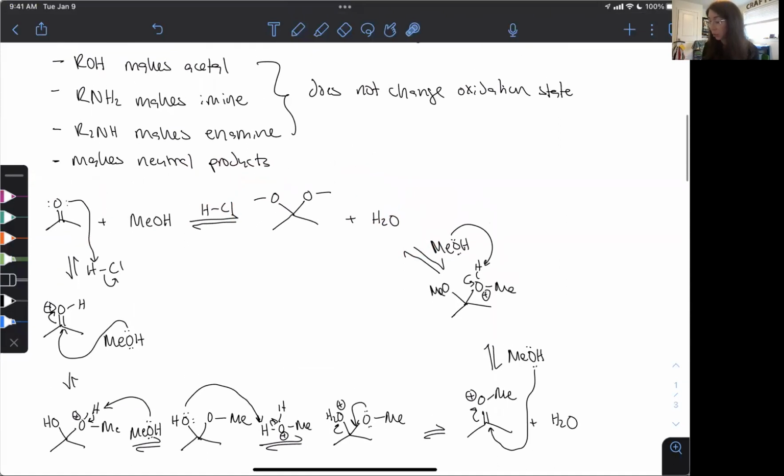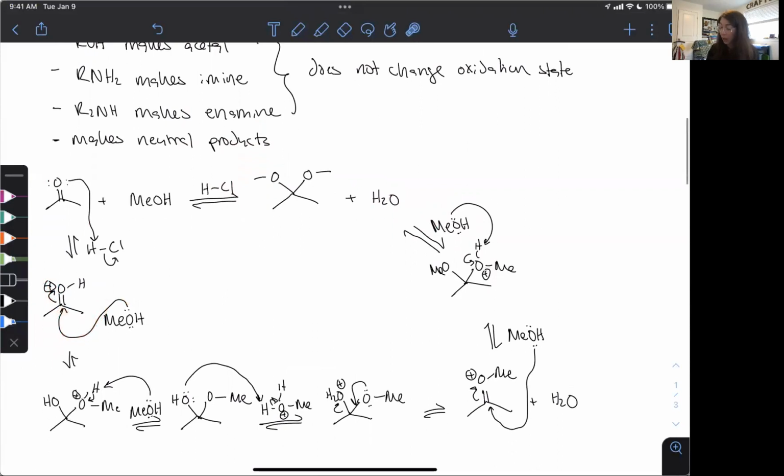But it's also important to realize that we're not going to be retaining a charged carbonyl. And you'll see when we talk about the imines and enamines why I say that, because we're not going to stop with something like this. That's a really, really good electrophile right now. So having that methanol come in and attack is going to be beneficial, okay? And then once we get to this, which is our hemiacetal,